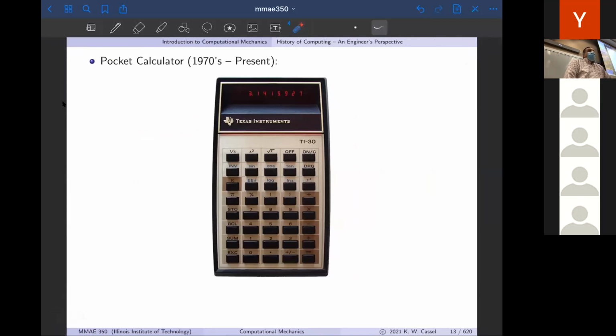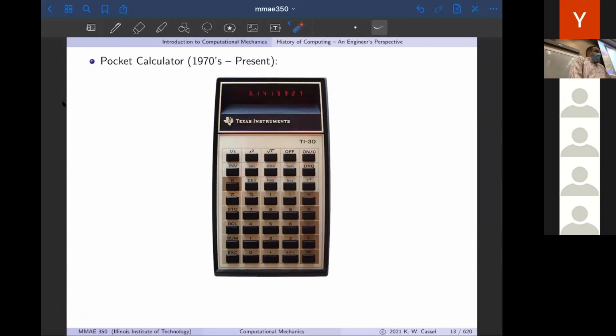TI, it still exists today, obviously. Many of you have TI calculators. This is a TI-30, which was a famous calculator for many, many years. You can see there pi to 1, 2, 3, 4, 5, 6, 7, 8 digits. This was amazing. Look at this. We've got square roots, we've got squareds, we have reciprocals, we have sine, cosine, and tangent. We have pi, all in this little device. It was about this big. So it was kind of chunky, it's a little bit thick,